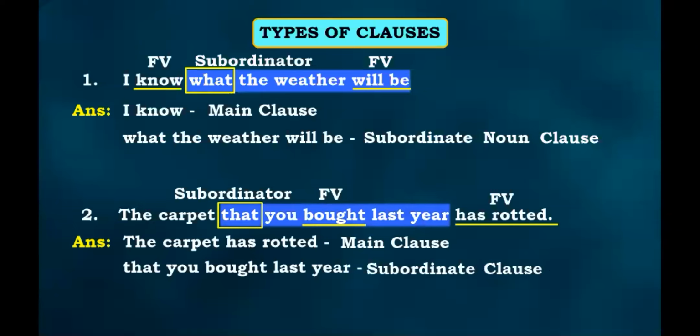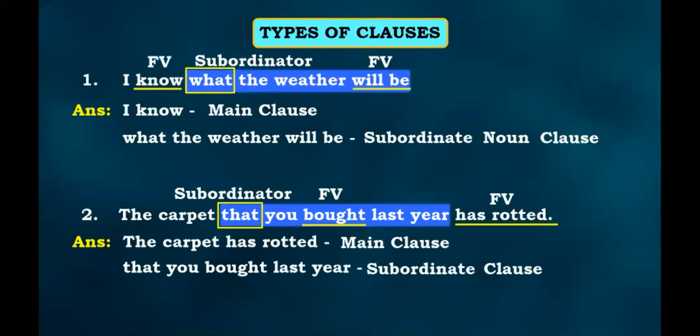Now let us ask the question to the main clause. What has the carpet rotten? When has the carpet rotten? Where has the carpet rotten? Why has the carpet rotten? How has the carpet rotten? Can I ask this question now? Which carpet has rotten? बेटा when का आंसर नहीं कर रहा. No, no, no. When has the carpet rotten? अभी कल परसों ऐसा तो आंसर नहीं है. Correct?